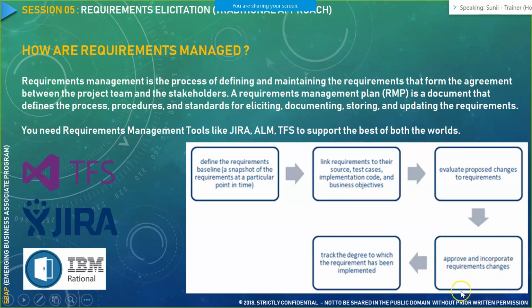After that, we approve and incorporate requirement changes. Once that is done, we can incorporate the requirement changes. Now, from here onward, your requirement gathering phase starts. Since it's a requirement management tool, it would have a collaboration of requirement elicitation results and requirement gathering results together. So the first three are your outcome of requirement elicitation, and the bottom two are your outcome of requirements gathering. Together, they are managed in a requirement management tool like TFS, Jira, or IBM Rational. There are many tools, free, open source, or paid version.